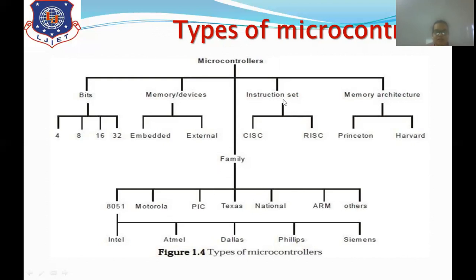Then fourth, that is instruction set. Depending on the instruction set, it is divided into two types, that is CISC and RISC. Now, what does CISC mean? CISC means complex instruction set computers.